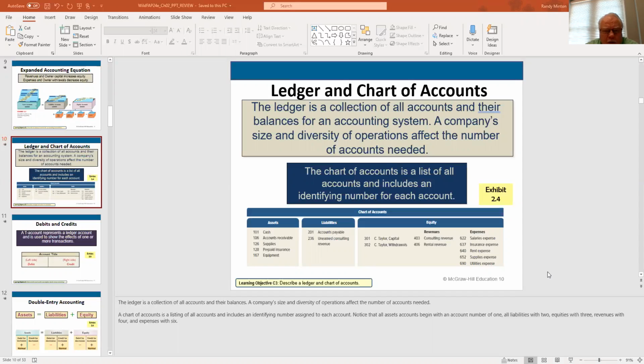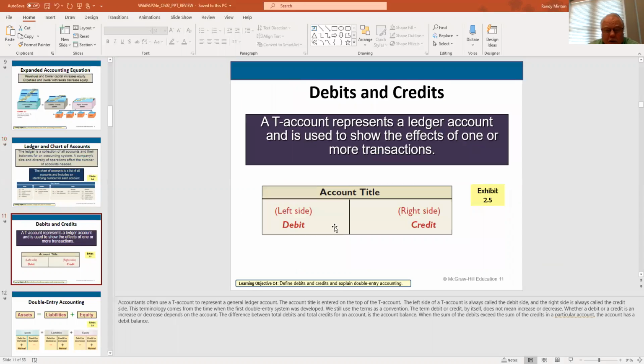And all modern accounting systems won't let you do it. They won't let you make an entry that is not reflective of assets equal to liabilities plus owner's equity. Your debits and credits must be equal at all times, or they won't let you process the transaction. Okay, so what do I mean by debits and credits? Well, very simply, all I mean is if it's a debit, it's going to be an entry to the left side of an account.